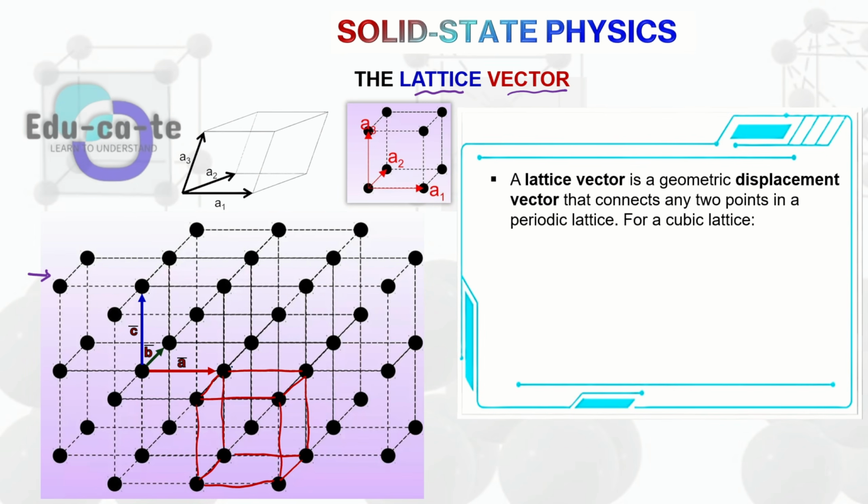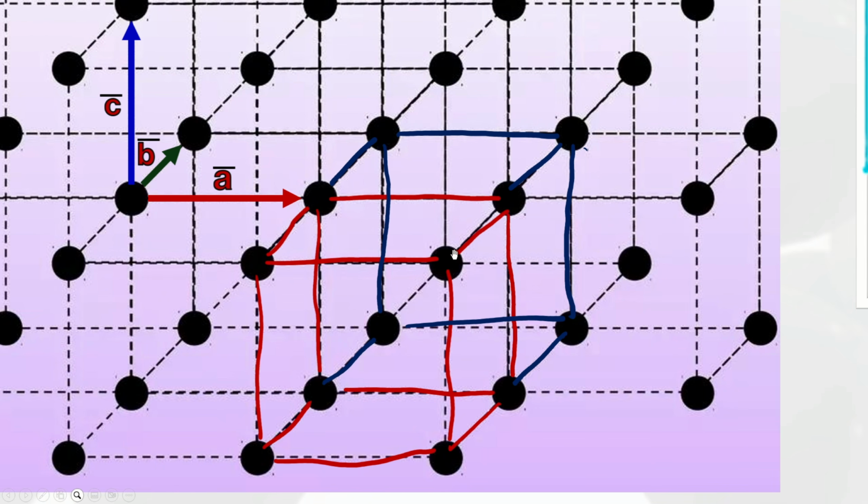I want you to see this carefully. This is another cube again. Let me just highlight another one using blue color. So this is another cube, the other cube that follows this one. We have got one more cube here. If you can observe carefully, in this lattice we are having this red cube here, and then we've got another blue cube behind it. If we keep on making these traces, we find out that these cubes keep on repeating themselves, learners. The cubes keep on repeating themselves. They've got a repetitive pattern. That is why when we describe a unit cell, we say that a unit cell is the smallest repeating building block of a crystal lattice.